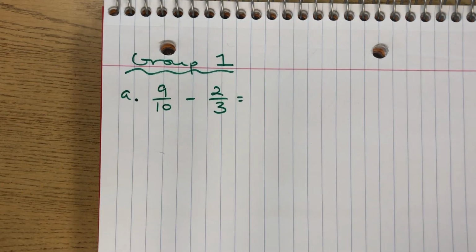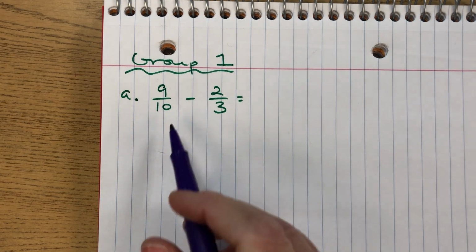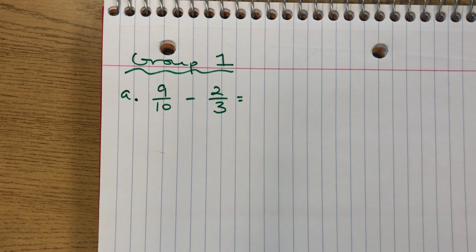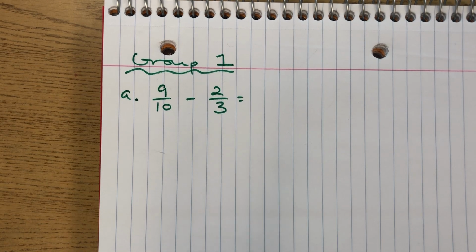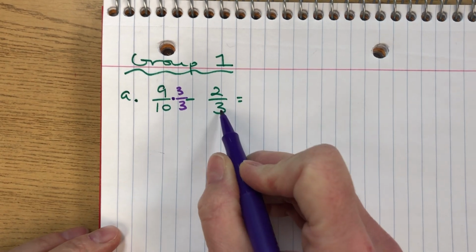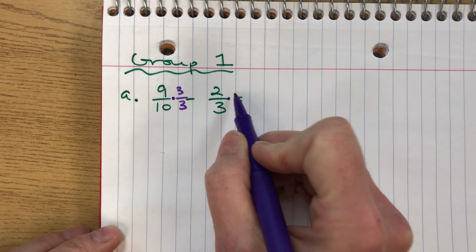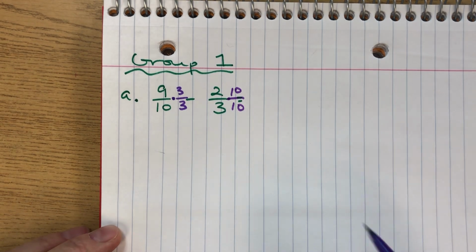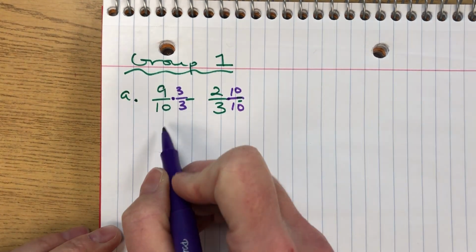All right, now when we look at this problem here, I look at my denominators, they don't match. I need to make them match in order to solve this. And when I look at 10 and 3, the first number that 10 and 3 would have in common, the LCM, if I counted by them, is 30. So this is a problem where I would multiply 9/10 by the opposite fraction's denominator, which is 3, and 2/3 by the opposite fraction's denominator, which is 10. So the problem I'm solving is